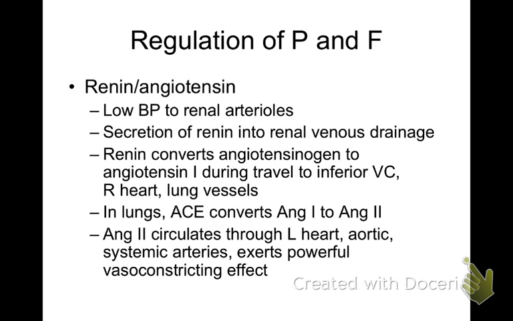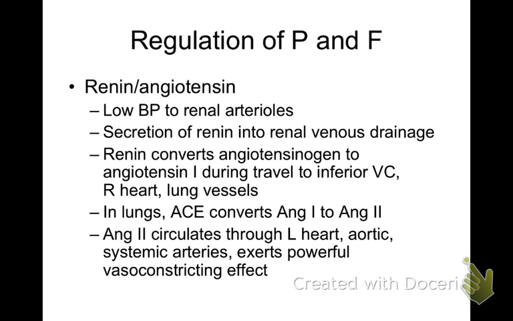Some people call this renin instead of renin. I don't really care, but it comes from the kidneys. So renin sounds better to me. It helps you remember it's coming from the kidneys. And there's another enzyme called rennin, R-E-N-N-I-N, which is part of your digestive system, and so it helps to keep them separate. All right, so renin is secreted by your kidneys when there is low blood pressure to the kidneys,